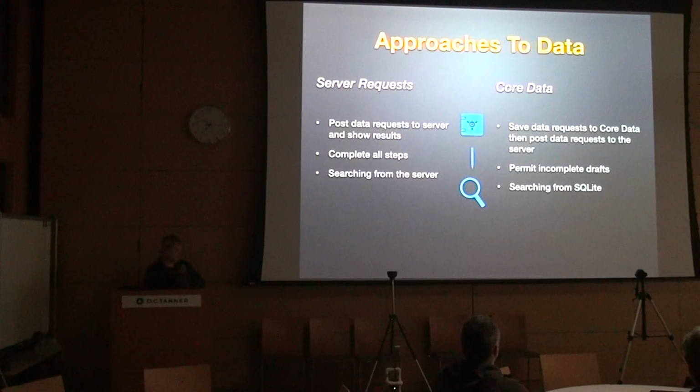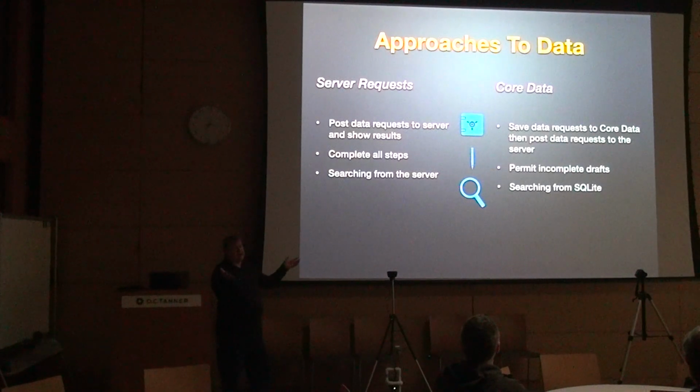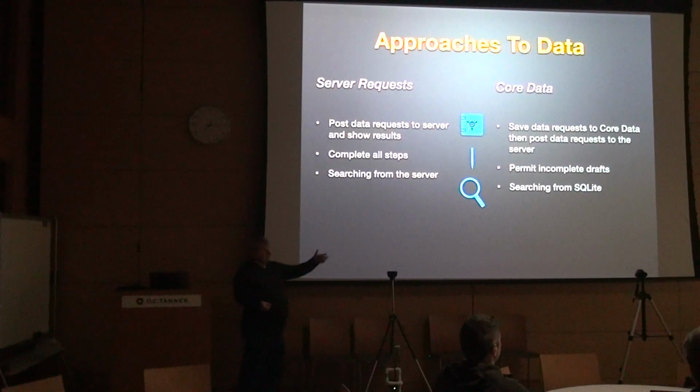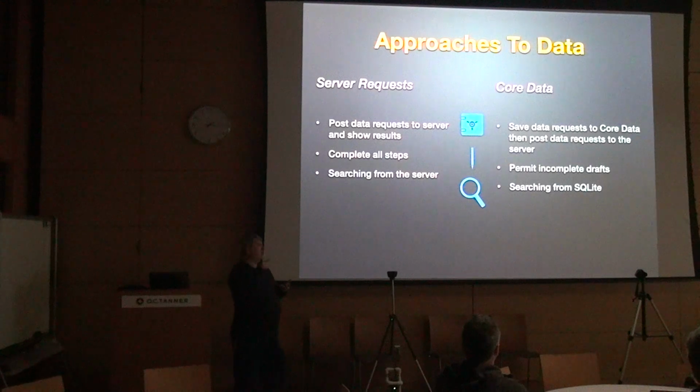Complete all steps for server requests. So it's not unusual that whenever you're trying to do tasks that you have to go through a series of tasks to actually do something. A good example for OC Tanner, like if we want to appreciate someone, well, you got to search on someone, and then you've got to figure out, what's the program, and how do I want to appreciate them? Is this a nomination? Is it just a little thank you card? Are there points? There's like all these steps that they have to go through to complete one task.